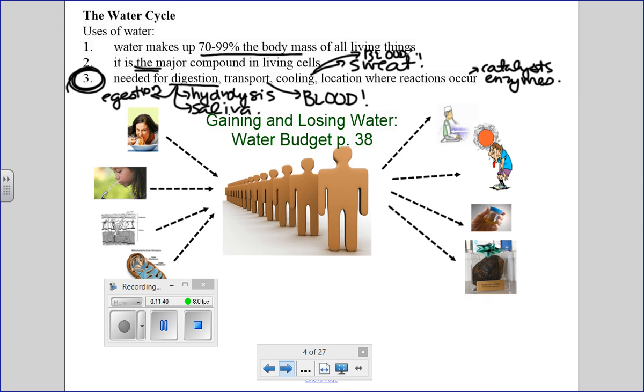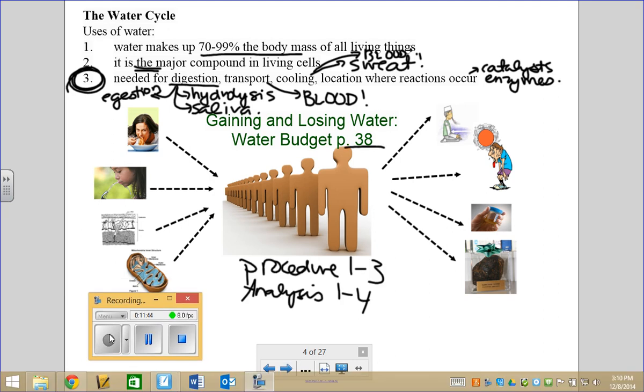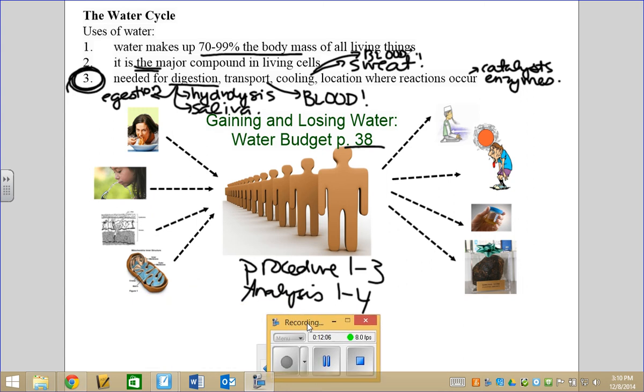So I'm going to pause here of me talking about this idea of kangaroo rats. The first thing is, in the example, we're comparing an organism that doesn't really intake a whole bunch of water with one that does. So us, the human, we're the example of an organism that takes in a lot of water. So one of the things I want you to recognize are ways that organisms can gain water.